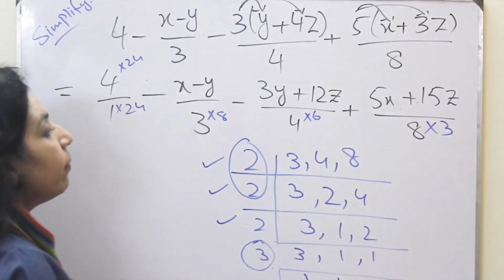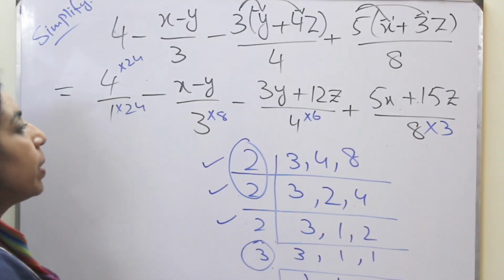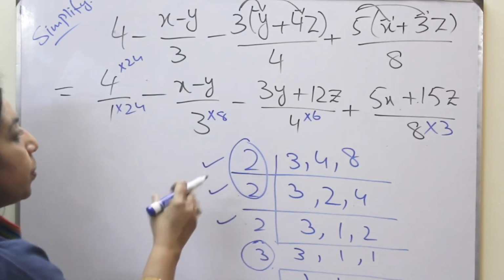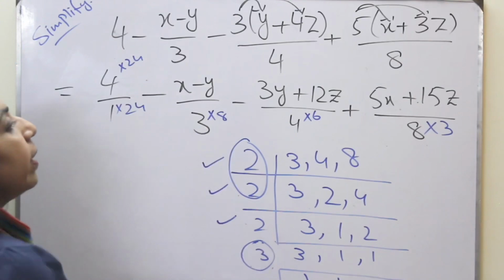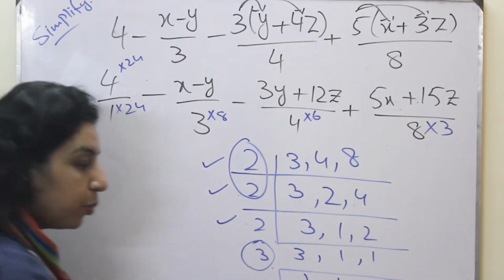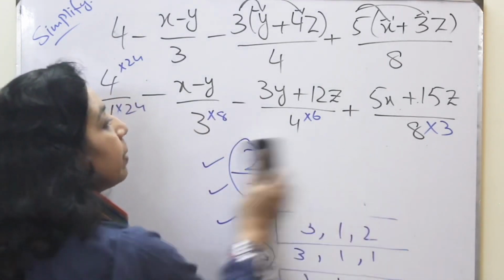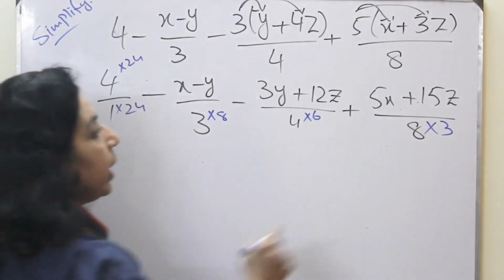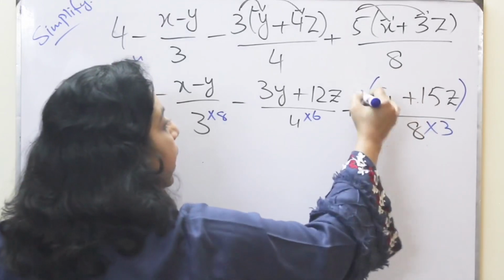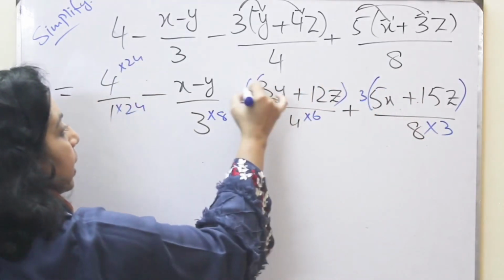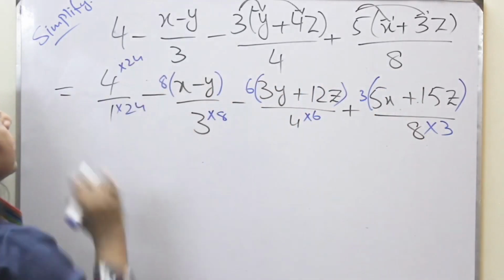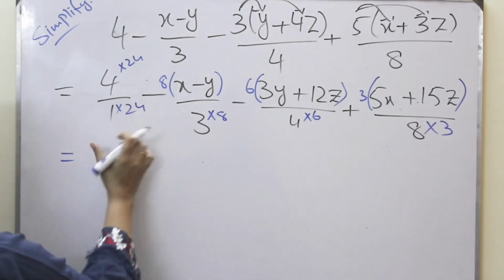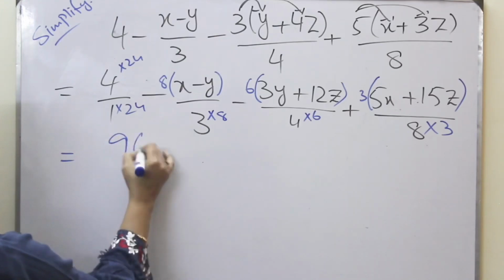So this LCM will help you to decide which number is going to be multiplied with the rest. You will take these factors, you will choose the factors which are in the denominator, and the rest of the factors will be multiplied with the numerator, and the same number will be multiplied with the denominator. So the last fraction will be multiplied with 3, these two with 3, these two with 6, these two with 8, and this is with 24. Now we are going to expand it. 24 4 times, I think 96.